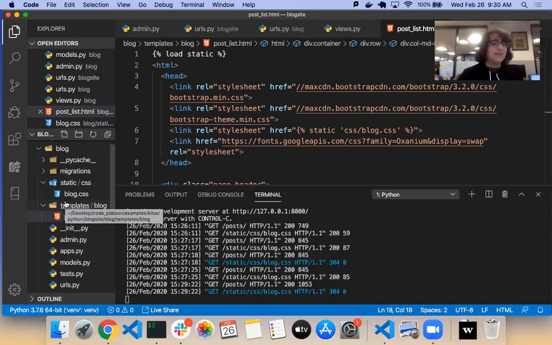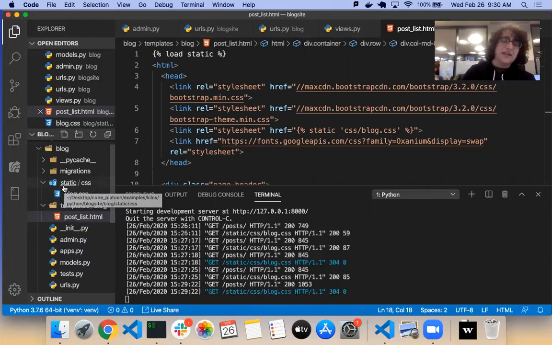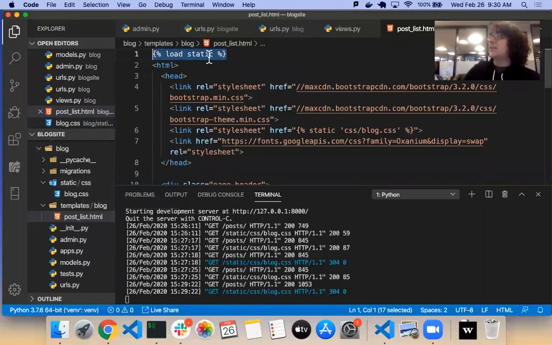Django didn't give us a built-in folder called static/CSS, but this is usually how it is done, giving us a static folder where we'll have CSS, and also probably where we'd put JavaScript files too if you wanted to have front-end JS working. Load static up here just says, I want this template to have access to that folder. And this is just linking us to this particular style sheet in the static CSS folder.